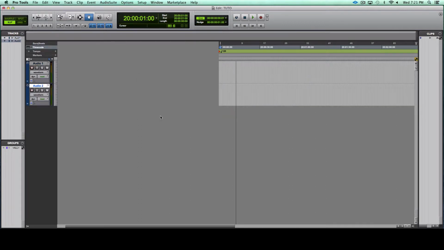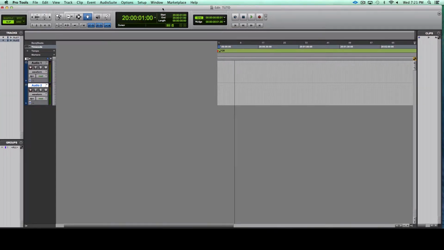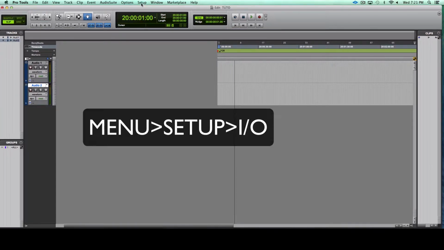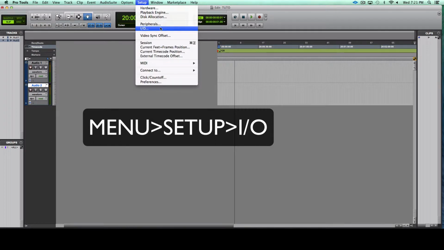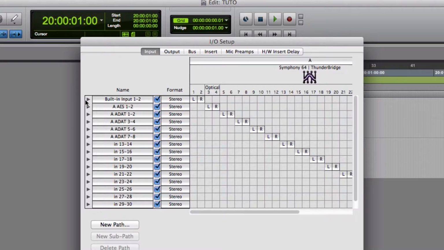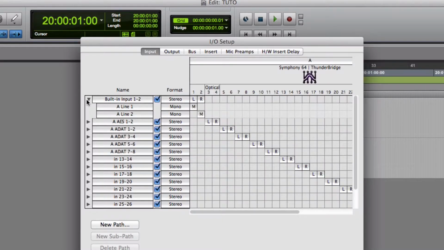Create. When you work with Pro Tools, it's really important to understand the way the software manages the routing. That's in the I/O section, that's in the inputs and the outputs. So I click here. I have like the triangle I could put below. I can put another name. My microphone is plugged here, so I could put microphone